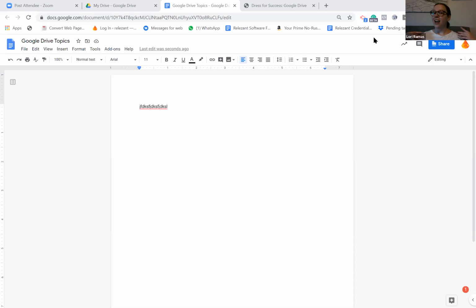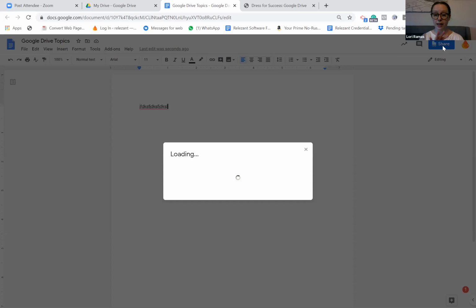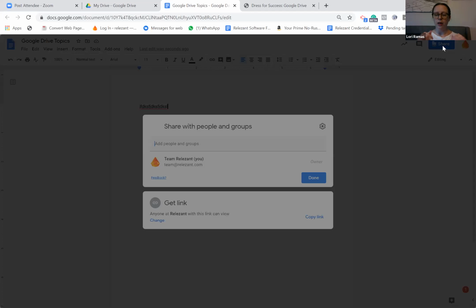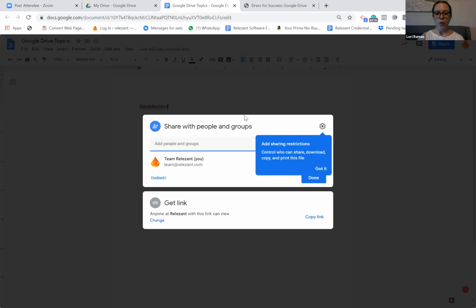So one of my favorite features is that, like I said, this is live. So now I need to share this, or maybe she needs to share this with me. You see the blue button in the upper right-hand corner, it says share. I'm going to click on this and let me show you the difference. Can everyone still see the pop-up screen? Okay. So they just updated the look of this. I'm glad we did it this week, because just a couple weeks ago it was different.